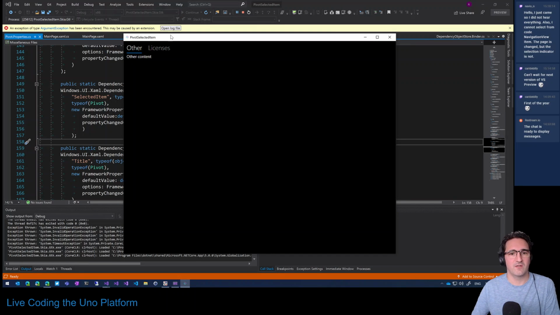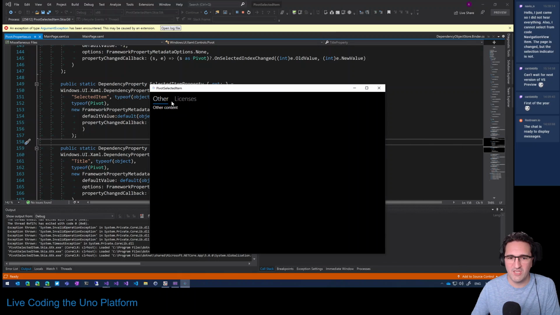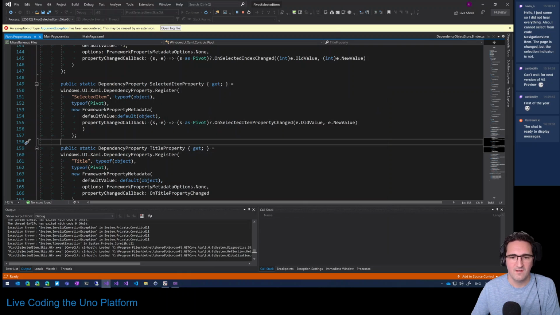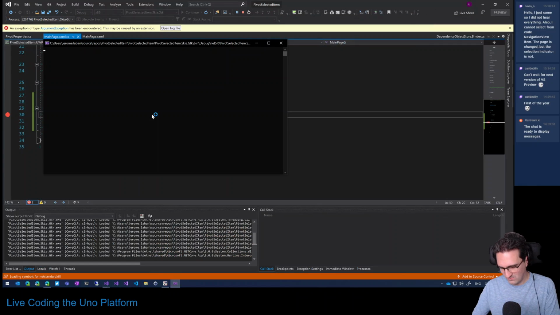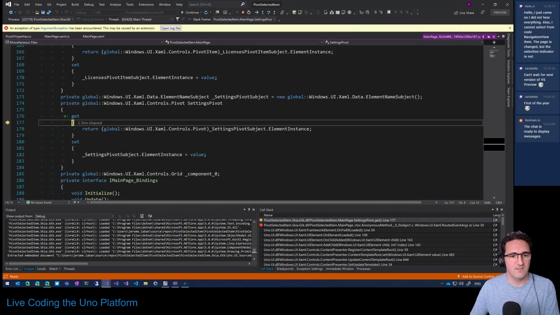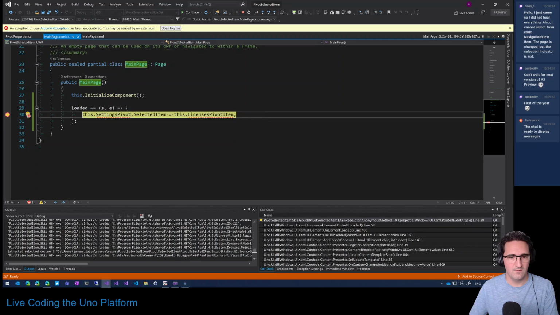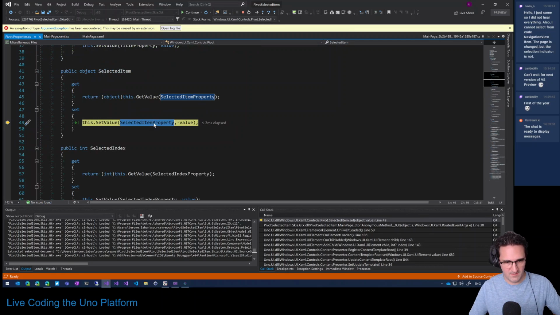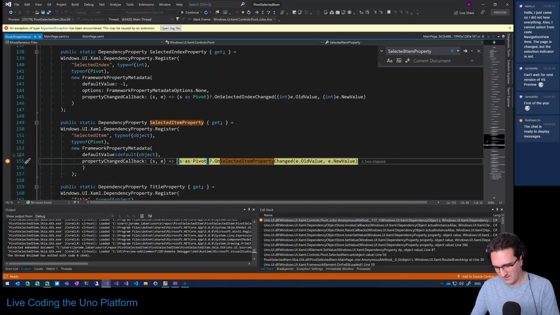So it still doesn't work. So that's very interesting. So the fact that we're changing the pivot's selected item after the fact doesn't change anything. So let's see. If we go back here and we want it to change the content. So let's dive into this one. So this is not interesting. This is not interesting as well because it's generated code. So we go to the set value of the selected item property, and we're going to go to this one. Okay, let's dive into